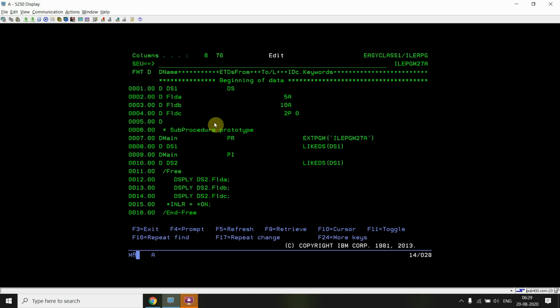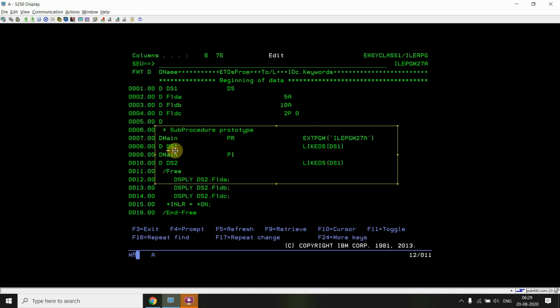Okay, so here I am accepting a DS. DS is basically DS2, which is the same as DS1. That's why I use the LIKE DS keyword to define this DS2, which is the same as DS1. Now you can see this is the prototype definition and this is the PI for it. The important thing here is I mentioned DS1 here also, like DS1. This is correct because we need to give the prototype, and the PR and PI must be the same.